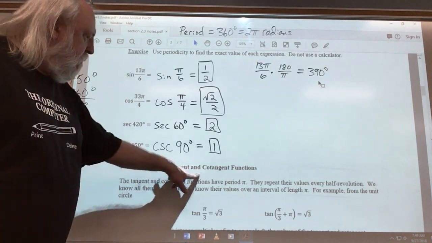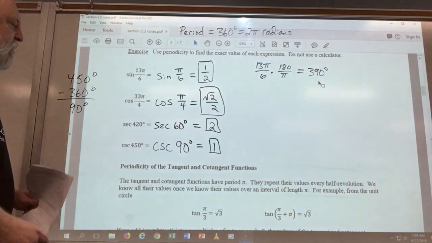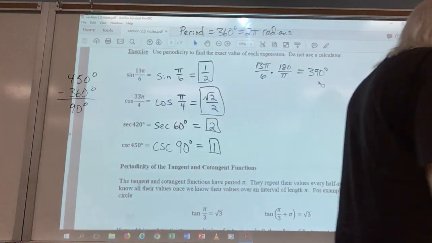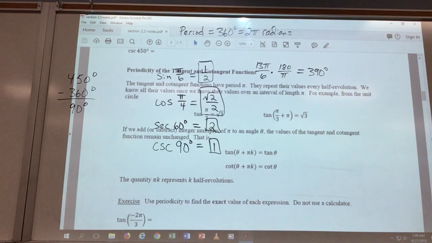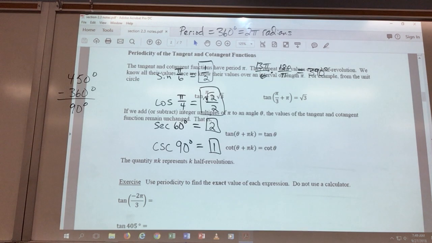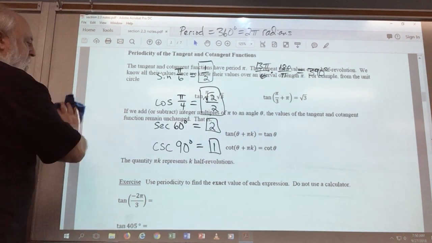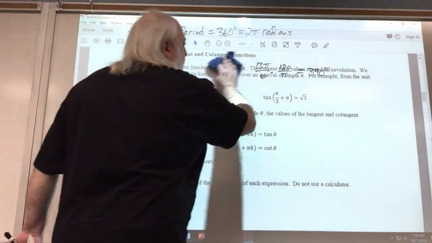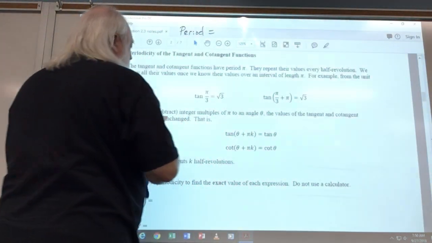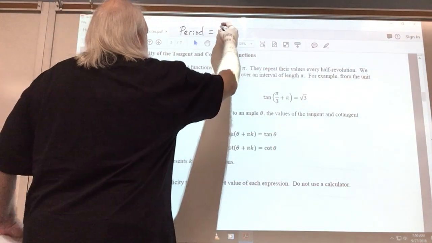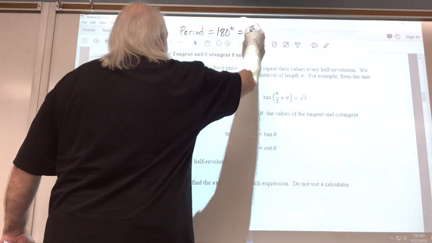In the middle of page 2, we talk about the periodicity of the tangent and cotangent functions. And what that is telling us is that the tangent and the cotangent functions have a period of 180 degrees, or pi radians. The tangent and the cotangent function repeat their values every 180 degrees. Okay? So let's write up here that the period for the tangent and cotangent function is 180 degrees, which is equal